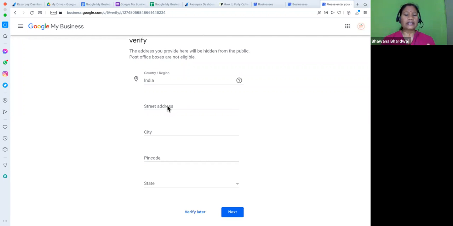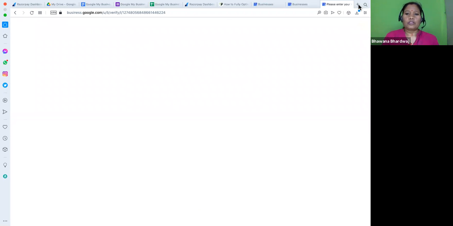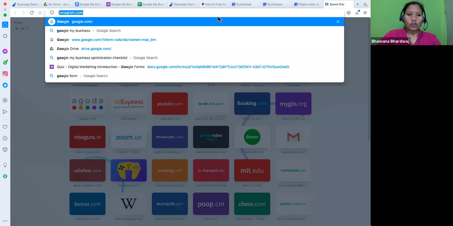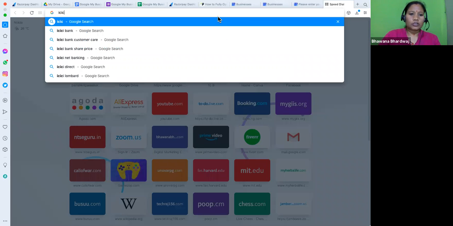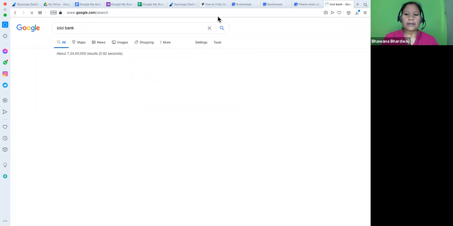And one most important thing: you can never afford that someone looking for your brand should land somewhere else. If you want to establish yourself as a brand, suppose I'm looking for ICICI, then Google will not give me the nearest ICICI location. Google will give me the ICICI brand presence. Let me show you one thing. I might not be going to the ICICI head office or corporate office. So suppose I search Google ICICI Bank.